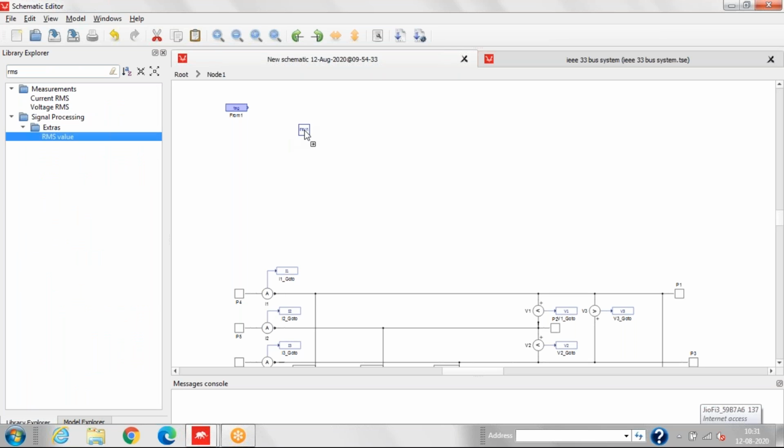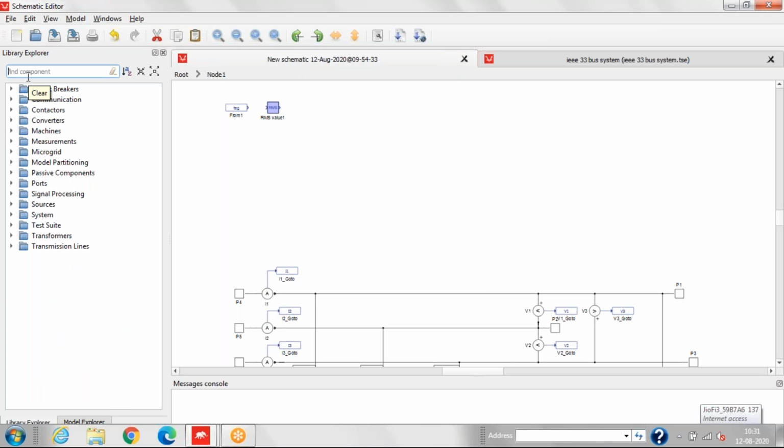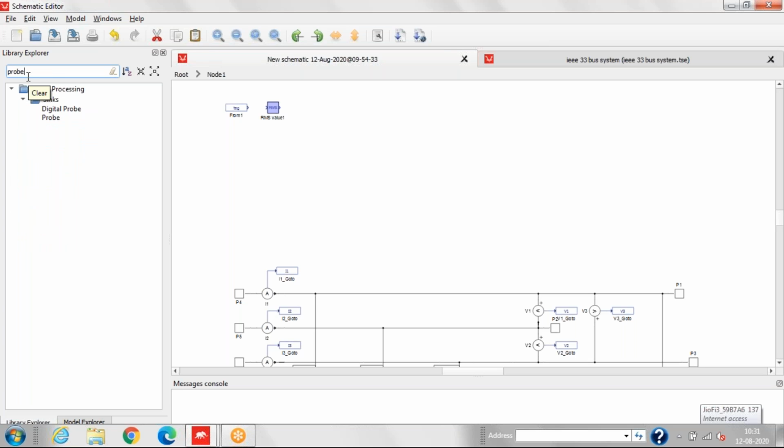So this is the RMS value. And then to capture the signal we require a probe. So we'll drag the probe here.